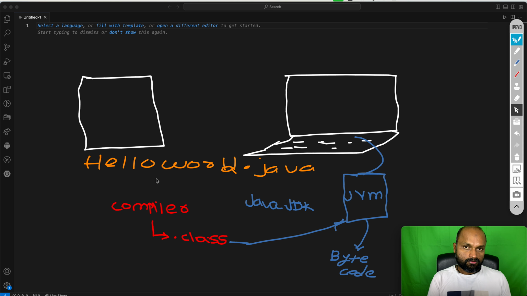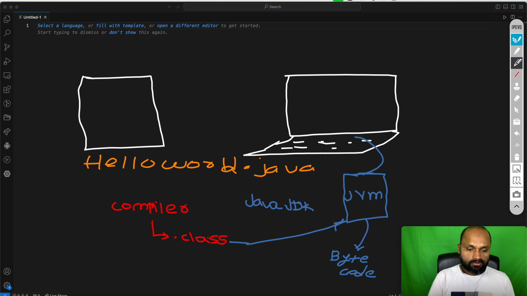I'll go through the demo in the next video, but for today just focus on the steps: writing the program, compiling the program, and then running the program. When you compile it, it creates the .class file, and when you run it, behind the scenes, the Java Virtual Machine understands the bytecode and converts that bytecode to machine level code, which is ones and zeros, and the machine will execute that code, right?